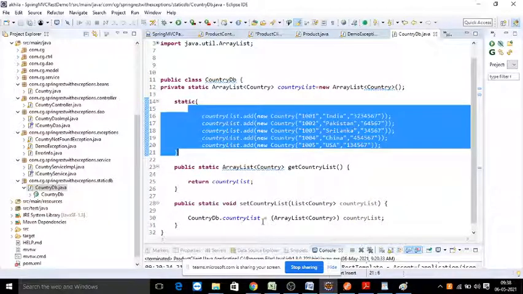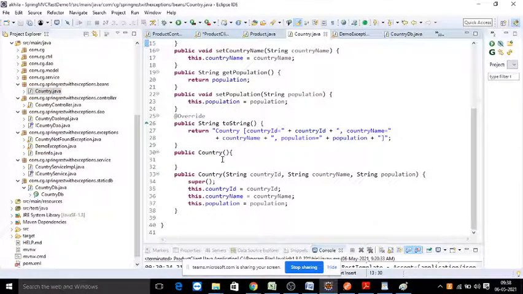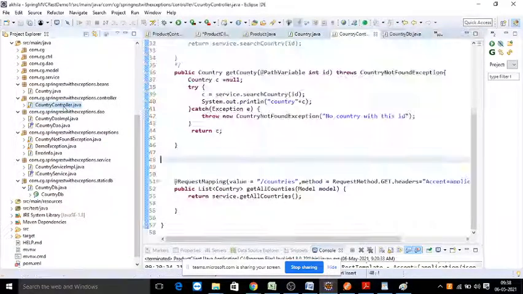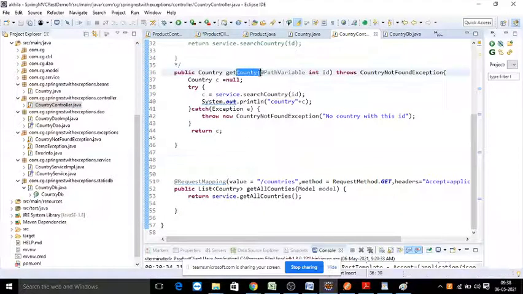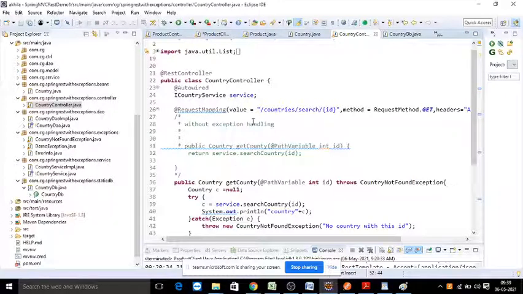It is giving you a list of countries. And next, Country is a model class where we have country details. And then as usual, we have a DAO layer and service layer. So we know that the controller will be calling getCountry, getAllCountries, addCountry, updateCountry. You may have any number of methods.